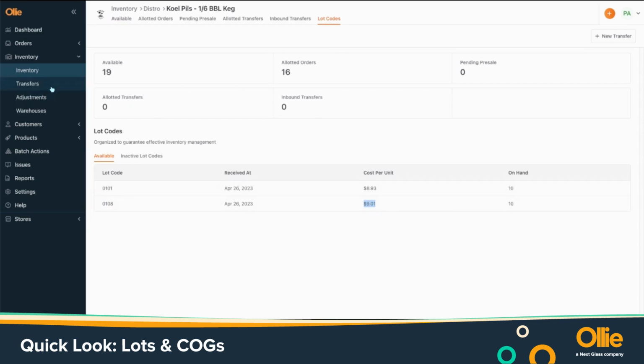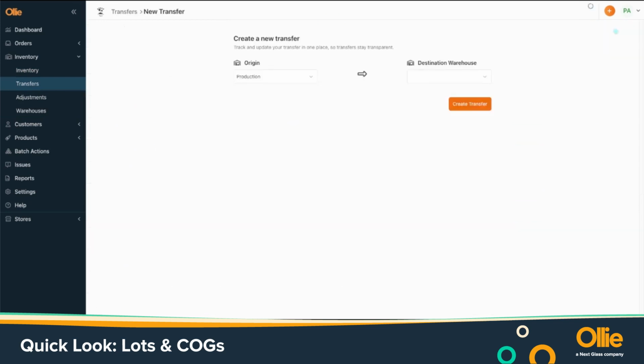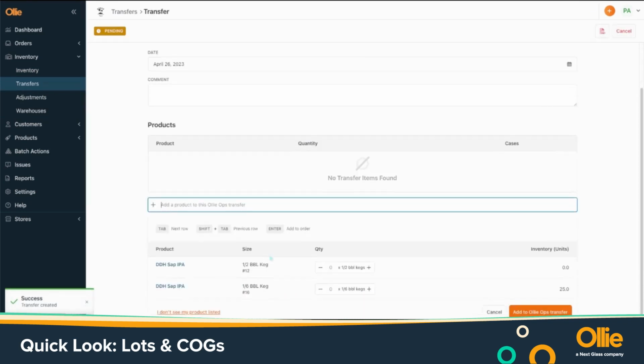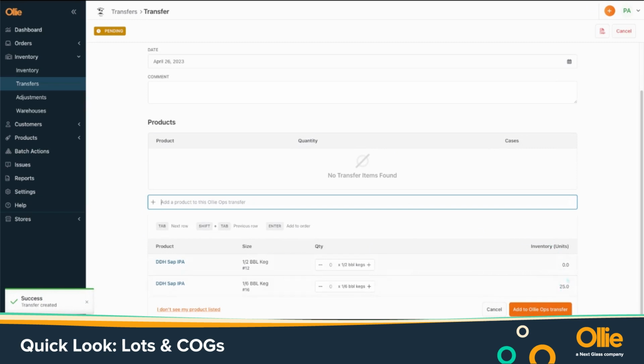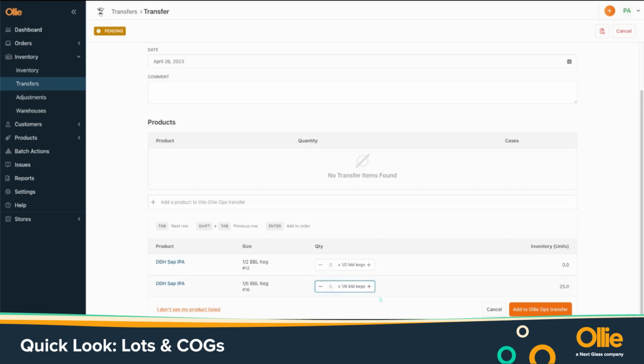The other way to bring beer into Ollie Order is via a transfer from AliOps. So you'll choose AliOps as your origin, choose which warehouse you want to go to, and then this is going to show all the inventory that you have currently in AliOps. We can see here that we have 25,